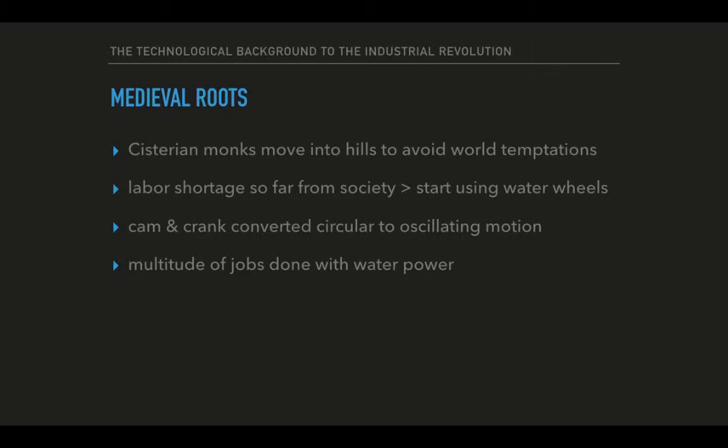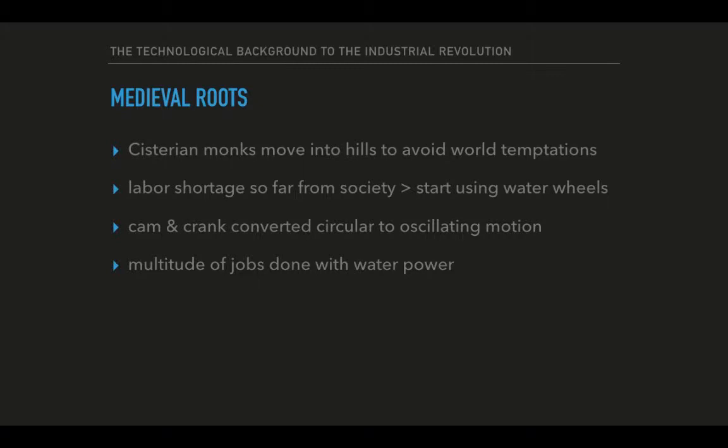Now, the ancient Greeks had come up with this invention along with the principles of steam power. However, the abundance of cheap human labor meant that there was no real need for water or steam power in the ancient world, and as a result, these principles lay largely unused until this time. However, the Cistercians did need such